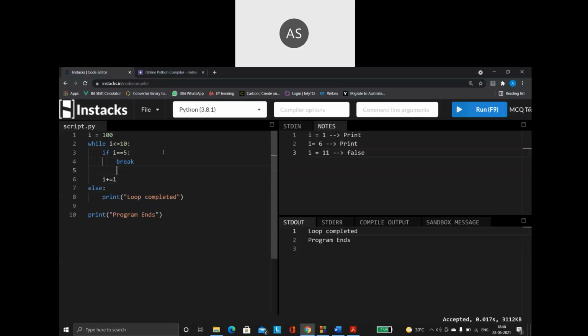First it is going to check my loop. Let us change the condition back to a valid condition.